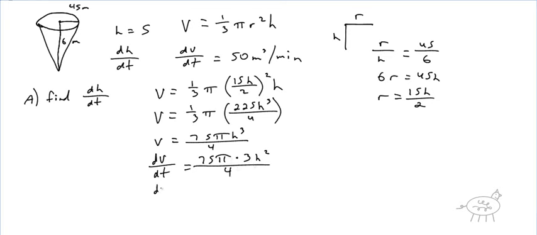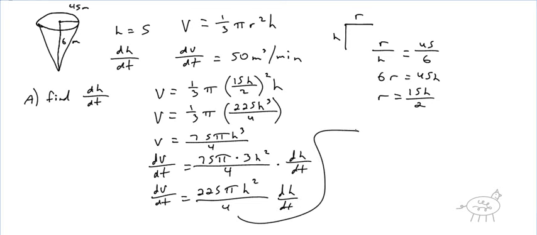Okay, and that gives us dV/dt is equal to 225 pi h. Oh, I forgot this dh/dt. That's very important. Over 4 dh/dt. Okay, let's just kind of go over here and keep working this. dV/dt. Now this is the deal. The water's falling. It's a little tricky sometimes, but the water's falling, so we're going to actually use as negative